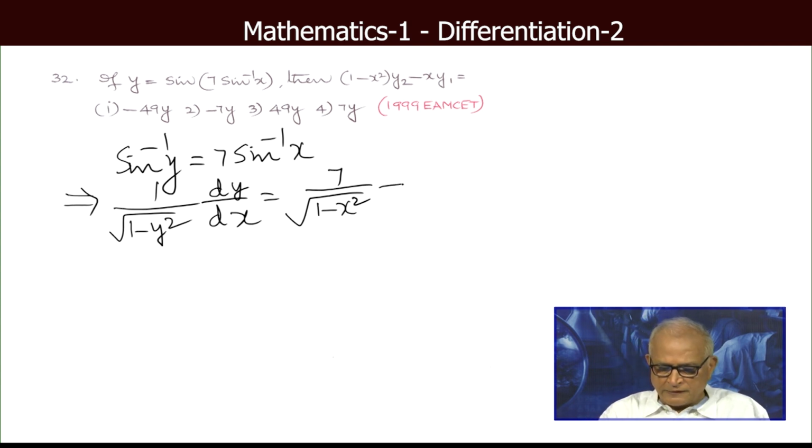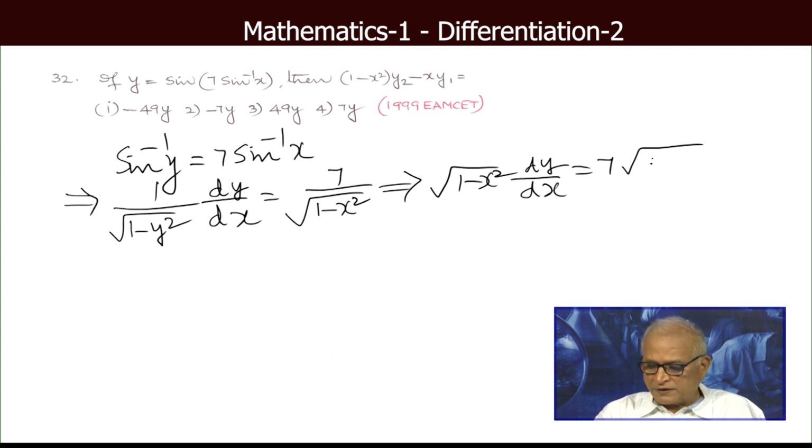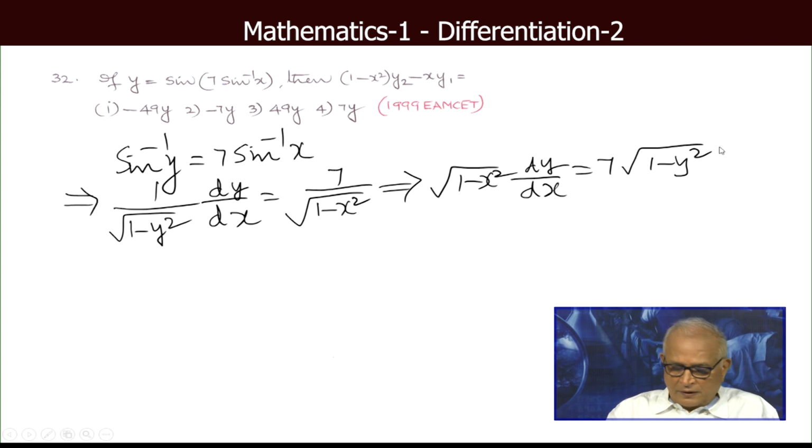Cross multiply, avoid denominators: root of 1 minus x square into dy dx is equal to 7 times root of 1 minus y square. Follow? Simple. Now once again differentiate both sides with respect to x for the second time. 1 minus x square into d2y by dx2